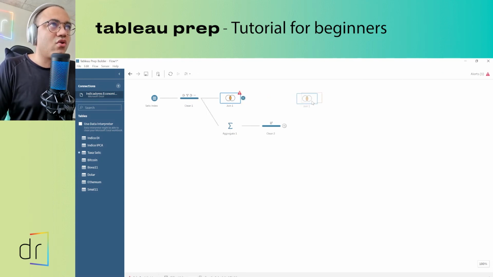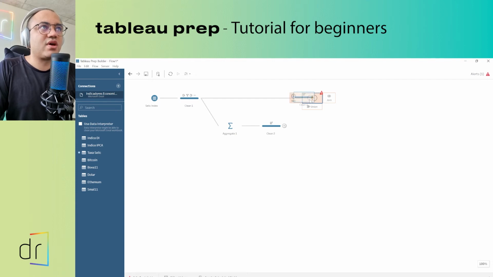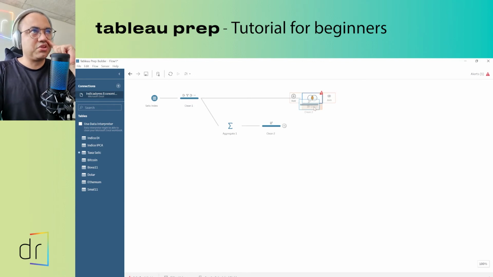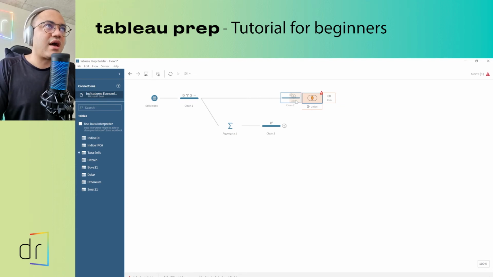I will put the join over here, and then I will click in this step over here, clean two, then hold, and then I will put it above the join step, and I will select what I want to do. If you just drag and drop in join, Tableau Prep will create another join step. If you put a union, Tableau Prep will create another union. If you put in add, Tableau Prep will connect these both ways in the same join. Okay, I will put in add,